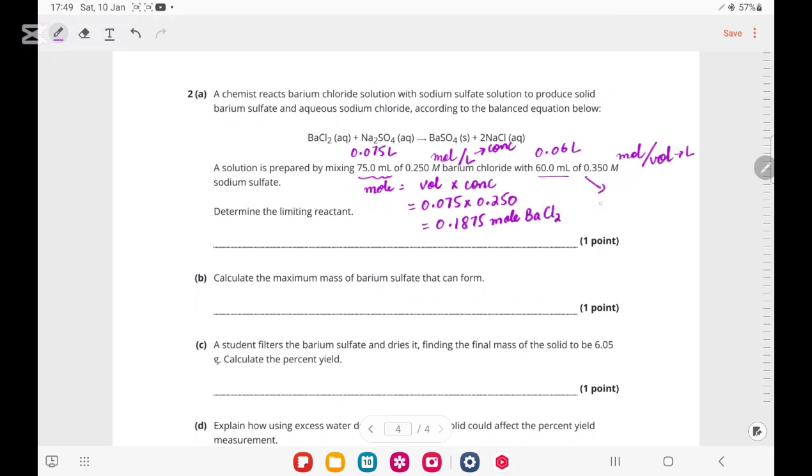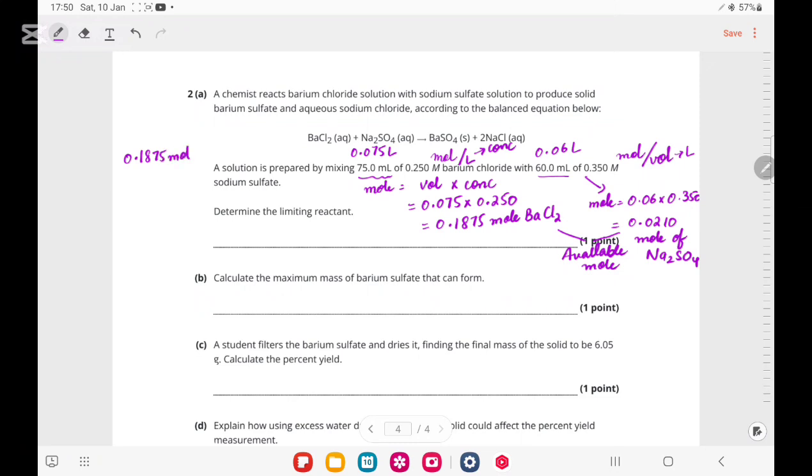And for this one, we are going to do mole is equal to again volume times concentration. Volume is 0.06 times it with concentration, that is 0.350, so the answer comes out to be 0.0210, that is mole of sodium sulfate. Now these both, they are available mole, and we need to find out the required moles. How can we do that? We can use either one, that is